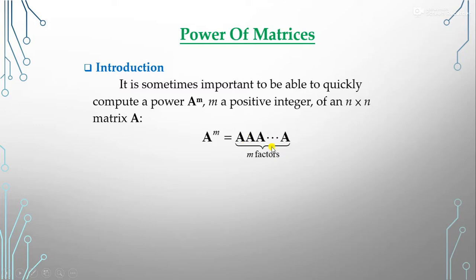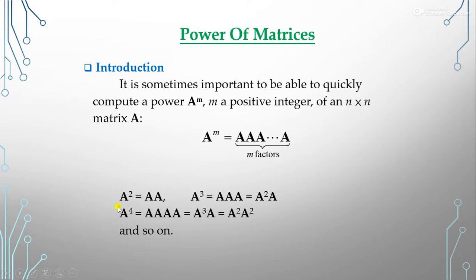This is a very typical task. First you calculate A raised to the power 2, which is the multiplication of matrix A with itself, and then you calculate A raised to the power 3, which is the multiplication of 3 copies of matrix A, and for A raised to the power 4 you need to multiply 4 copies of A, and so on. You want to find A raised to the power m, but it is a very big task to find the power of a matrix. Suppose you need to find A raised to the power 50 or 100, how can you calculate it?